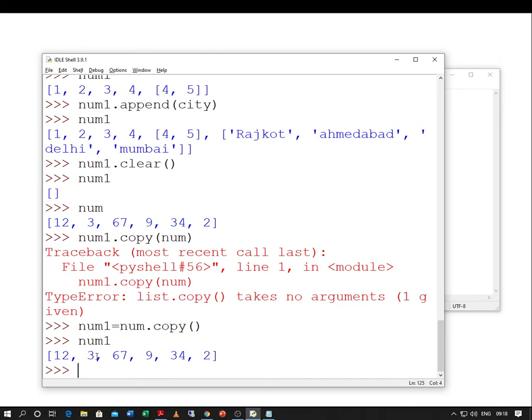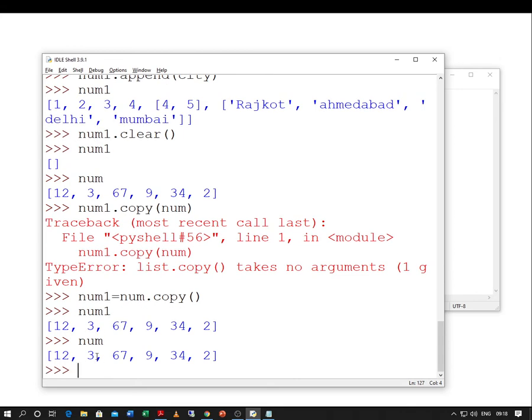Let us try to check the value of num as well. Yes, we have the same values. Now let us try to do something. Num1 dot append 0.